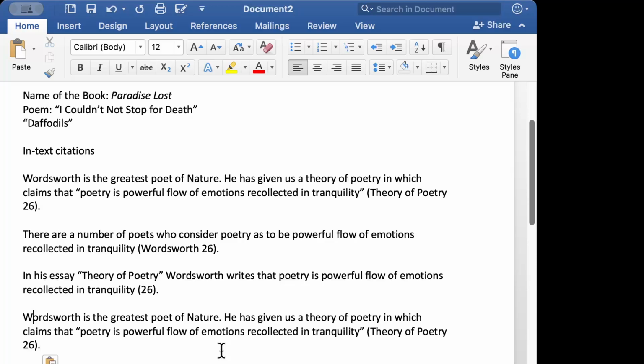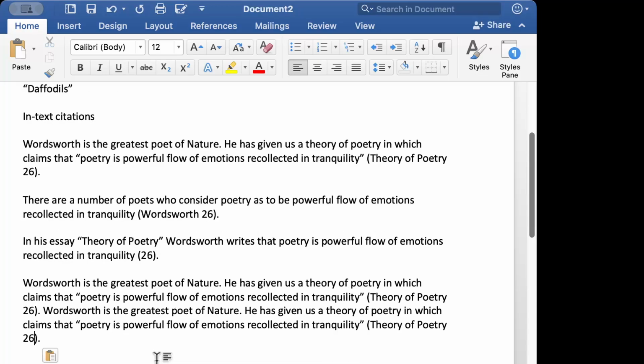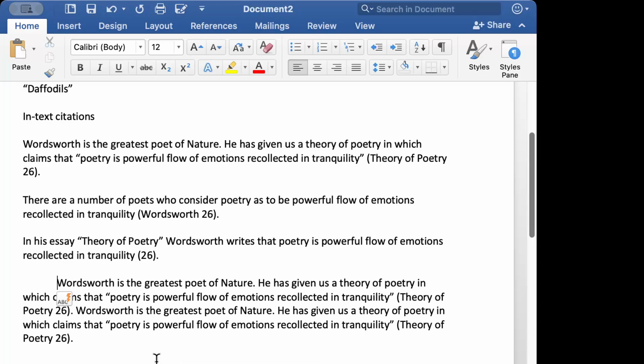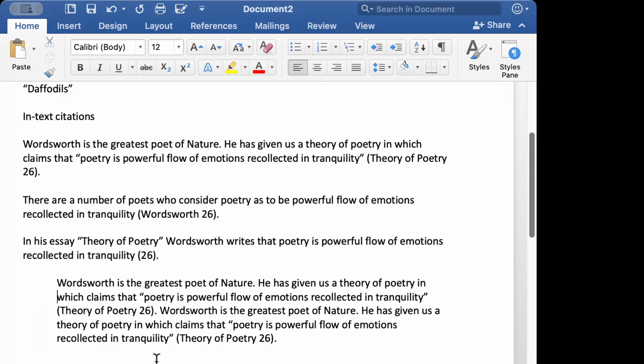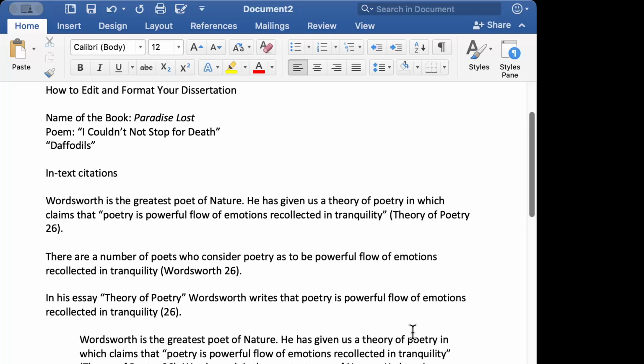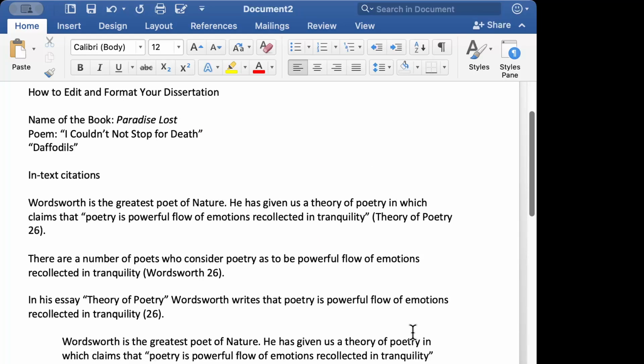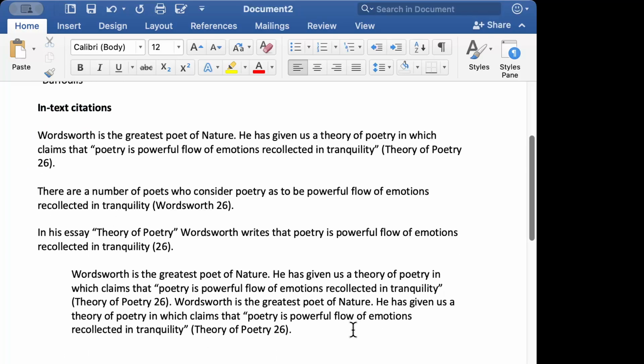Let's just assume that this is a text from a particular work, okay, and you want to cite it. So you will be writing it like that. Okay, by pressing the tab button you will write it like this. So these are the various ways to cite your text within the dissertation, right? So these are the four things that I've told you how to cite your text in the dissertation.